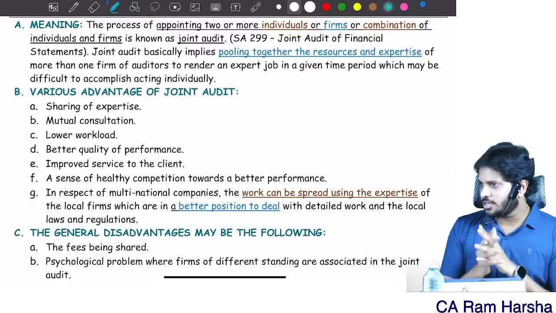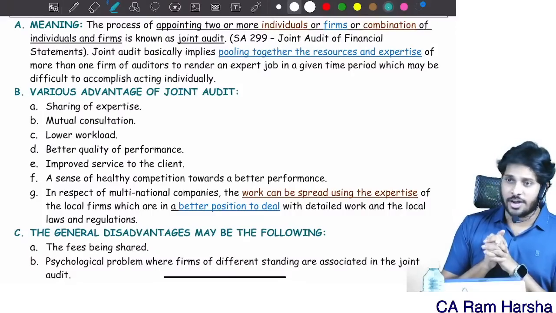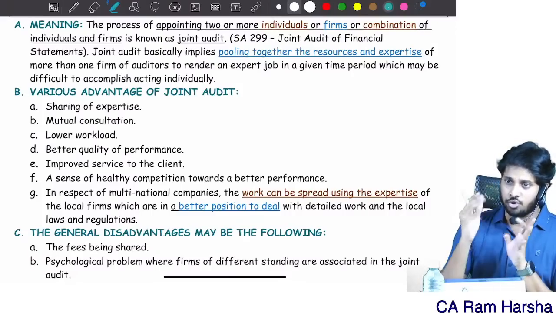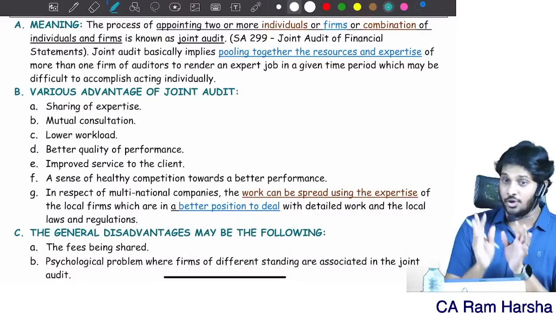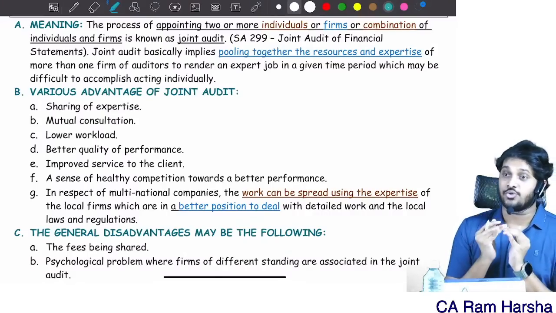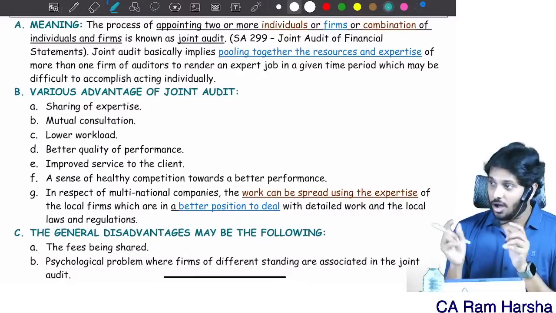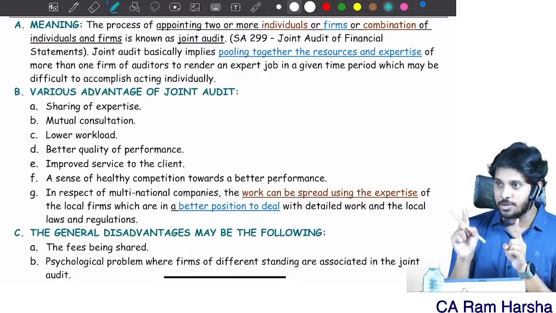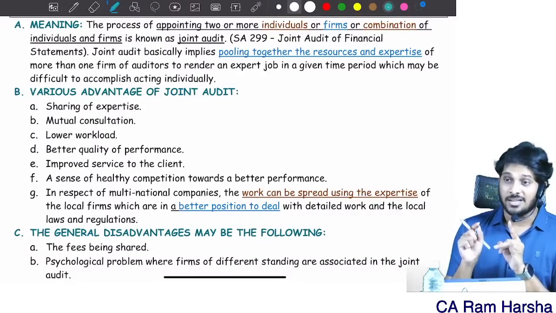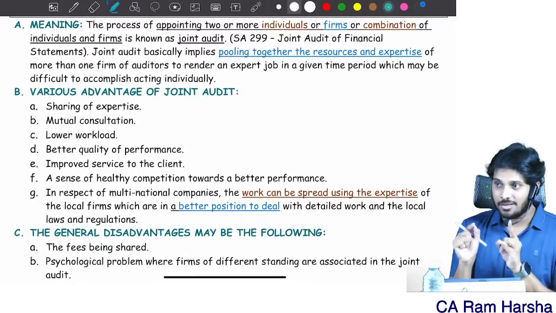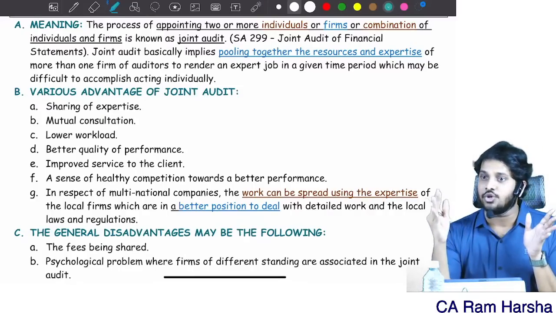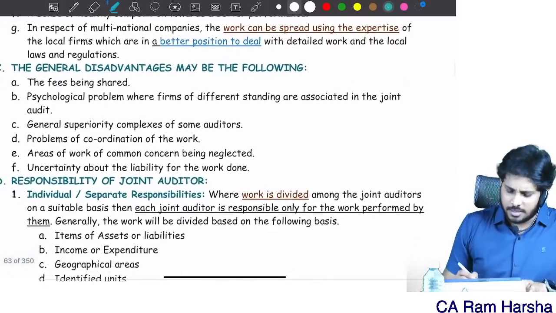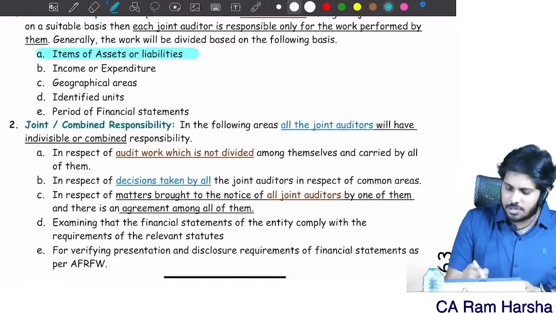Okay, when joint auditors are appointed, how will they do the work? Joint auditor number 1 will do the entire audit and come back. Again, the second auditor will do the entire work and come back. Third auditor will go. No, joint auditors are appointed to reduce the work burden. All of them are for the main company, the full company. They should report on the full company itself. But they will not do the full work. Joint auditors split the work between themselves. How will they split? They will split based on items of assets and liabilities.